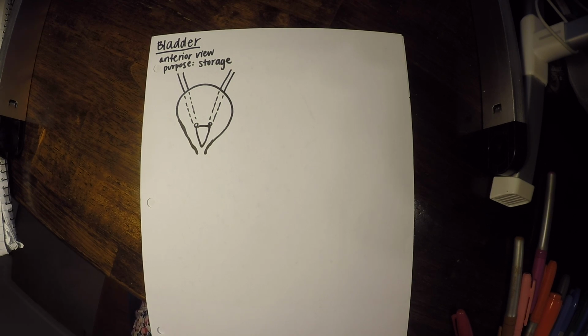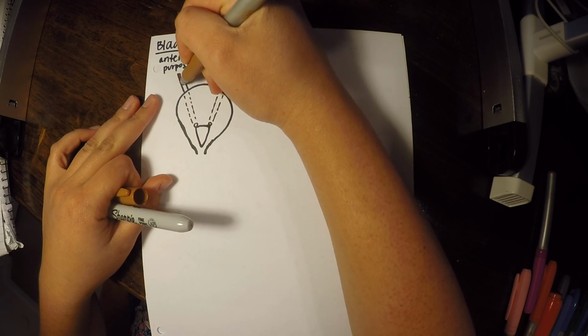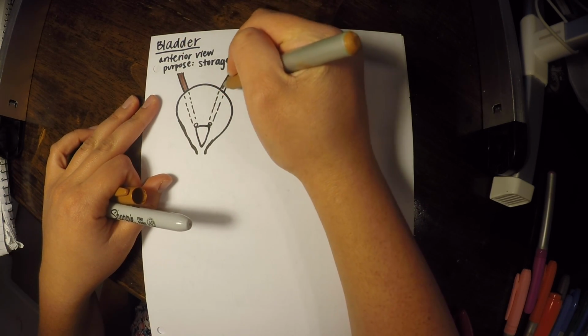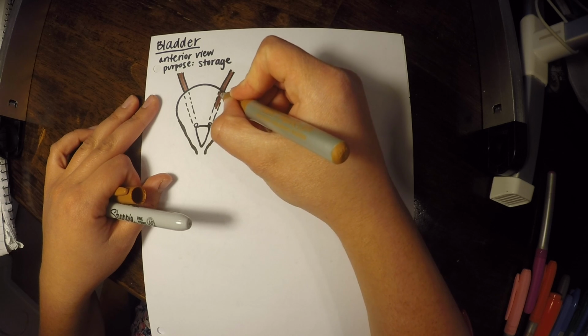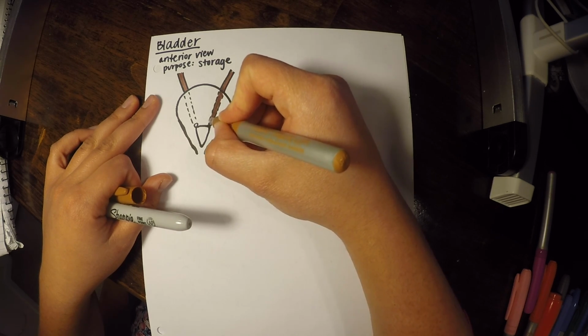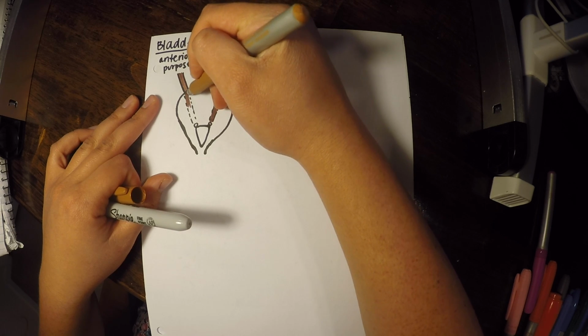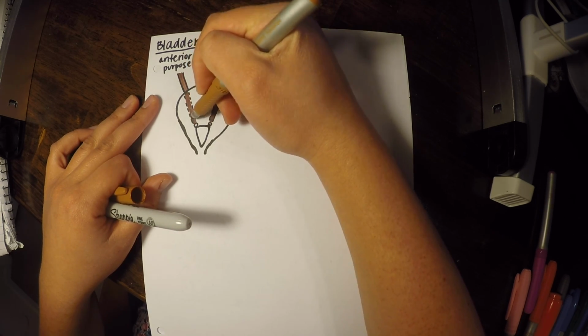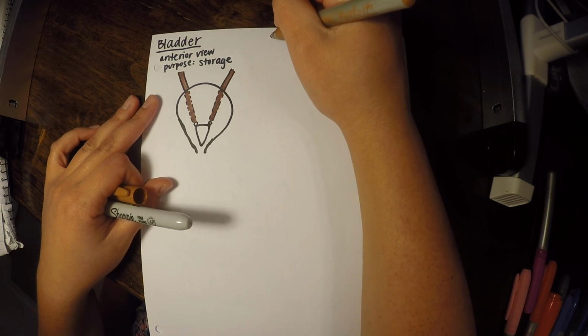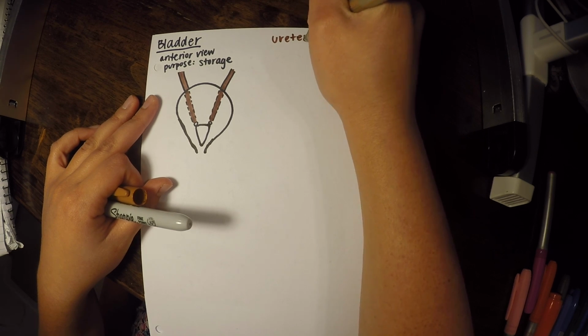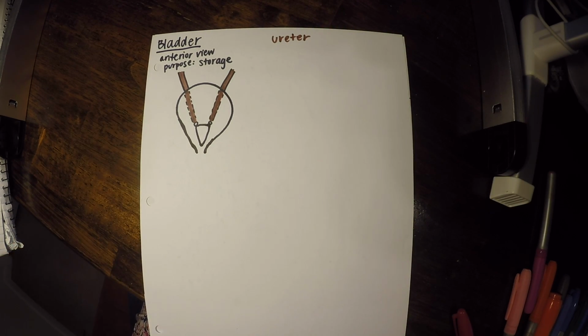Alrighty, so something to note is that, let's draw in our ureter. And I'm going to color it in. But just note that the black lines, the dotted lines, mean that it's traveling behind the bladder. Alrighty, ureter. So what I wanted to point out to you is that the ureter and the bladder are both transitional epithelium.